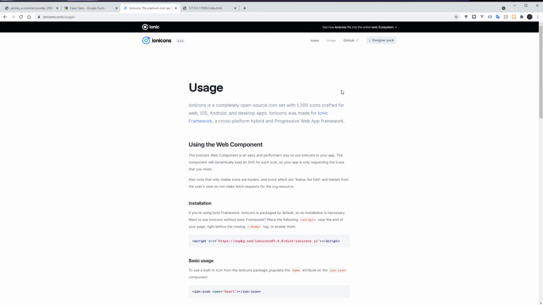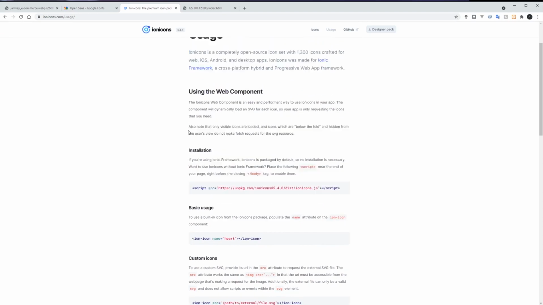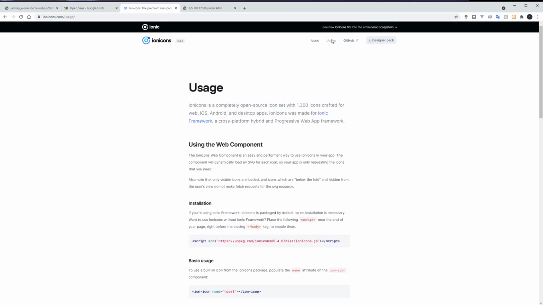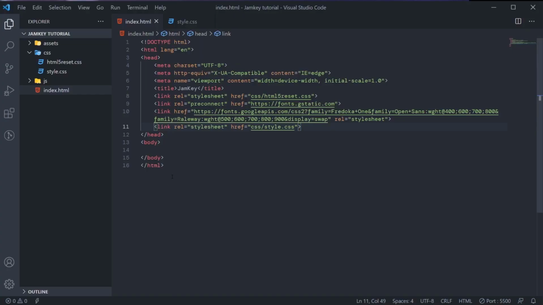To use the Ionicons, you need to install them. So if you enter the usage section here under installation, you see where the script is. Just copy it, then you can paste it just before the closing body tag of your